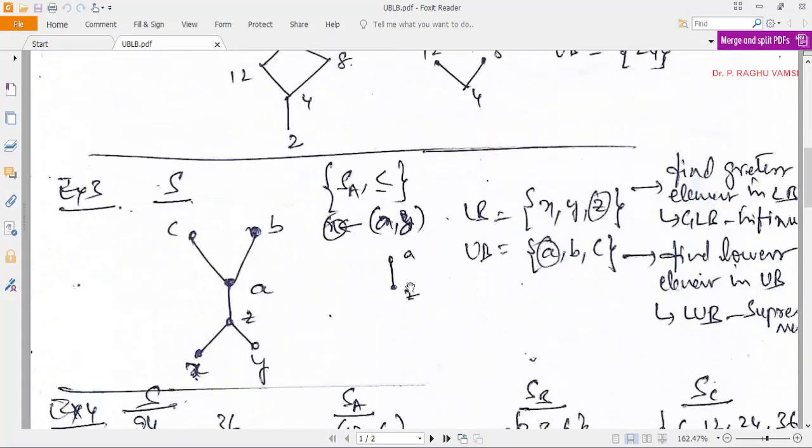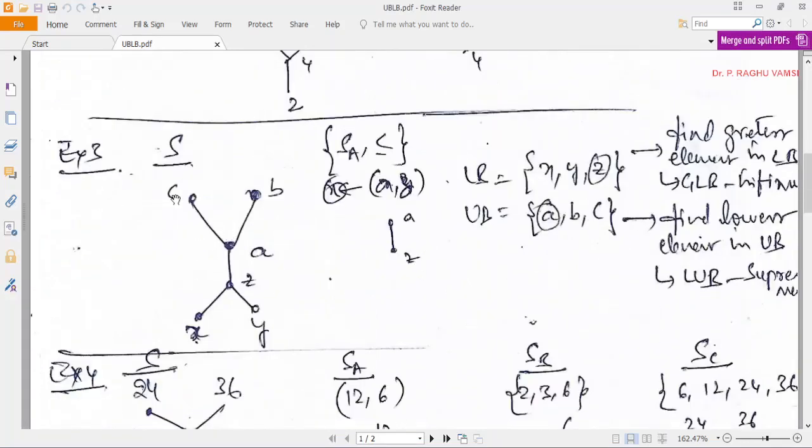Here an example was given just like the first example. A, B, C on the top side, and on the bottom side X, Y, Z, on the less than or equal to relation. Now A comma Z was given for solving the lower bound, upper bound, GLB and LUB. If you consider Z, what are the elements less than Z? X, Y and Z. And coming to A, the upper bound will be A, B and C.